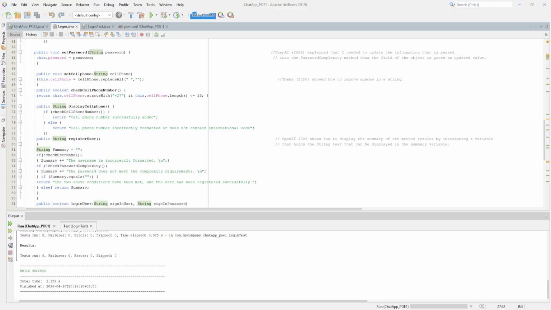By using the if statement, it checks if checked username is false or true. Then the not operator inverts the result. So for instance, if check username was true, it would be inverted to false, and then it would move on to the next line of code. If password was true, it would become false. Then we fall onto the summary.equals